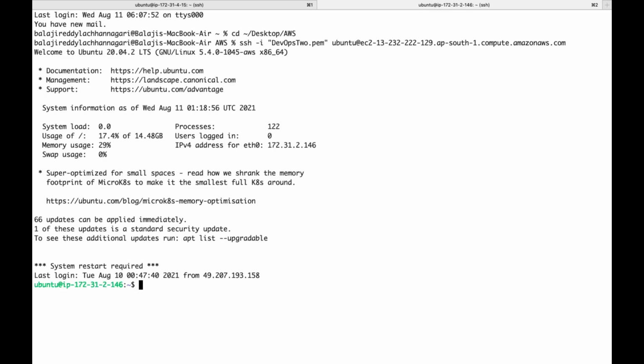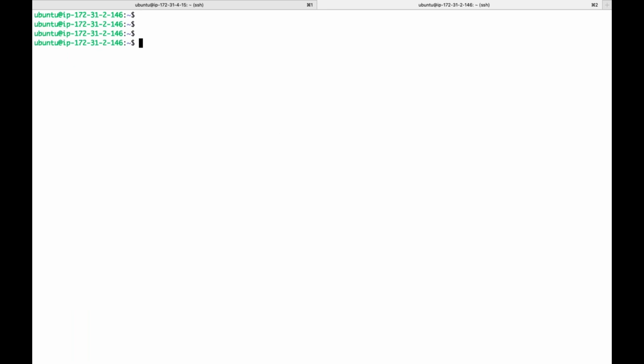guys, are you going to delete the PVs every time whenever you deploy? Whenever there is a change in your application, are you going to delete the PV? Are you going to delete the PVC? No. You are going to just delete your deployment. You will recreate the deployment. Now, if you see,